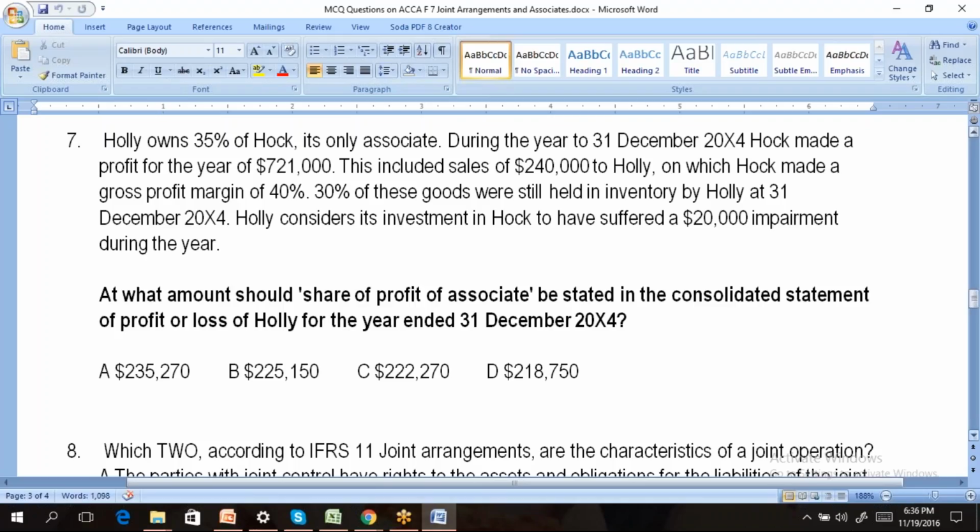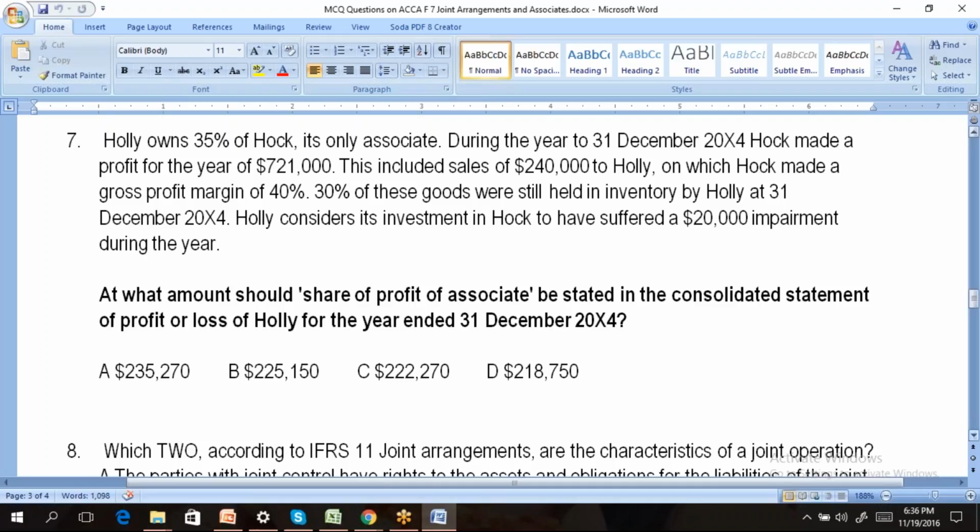profit or loss. Now earlier all this time we were looking at the statement of financial position. Now this question we are trying to look at the profit or loss statement. Because you remember in the P&L after tax we bring the investment in associate, profit share of investment in associate company, as a one line item. So how much should we show?